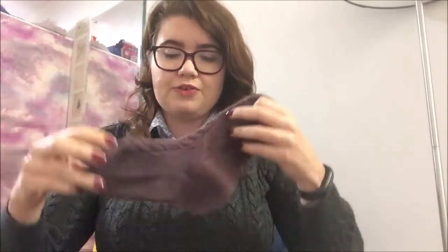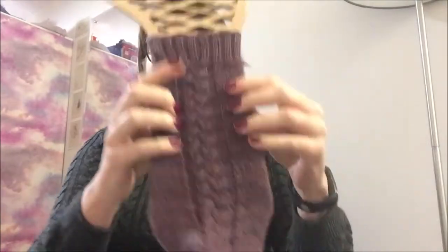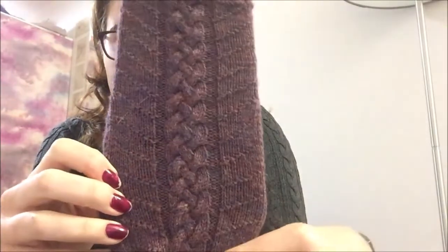But let's hop into it, starting with finished objects. The first thing I'm going to show, I've got my sock blockers here, is a finished object from last time. These are my Clark socks, if you remember. I'm just going to put them on the blocker so you can see the pattern better. The cable down the front, which hopefully you'll be able to see. There. Oh yeah, that's beautiful. So you can see it's this nice cable,